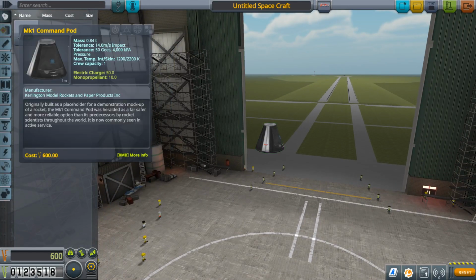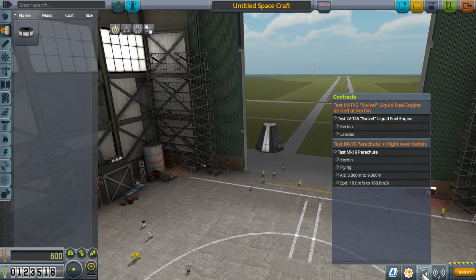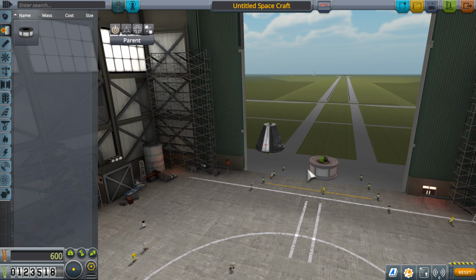So we'll put a command pod in, and we want some fuel tanks, FTL whatever, right? Oh no, they want the liquid fuel engine. But of course we need some fuel tanks in order to do that. Just 3 should be plenty. We don't need to get into space or anything. In fact, even probably just 2 would be fine. You know what? Let's actually just build 2. Maybe... Is this going to be enough for the parachute to hang...